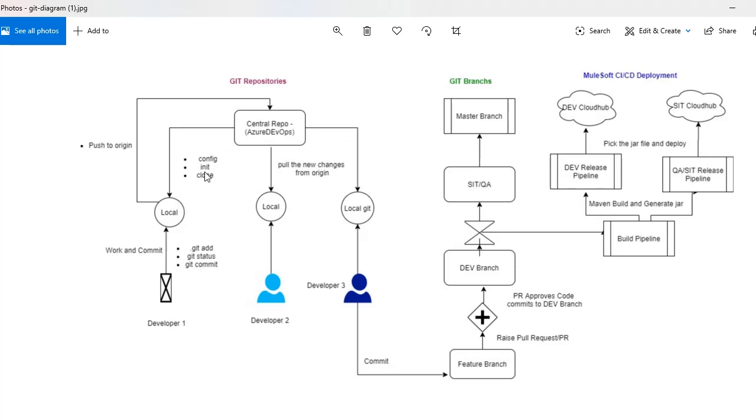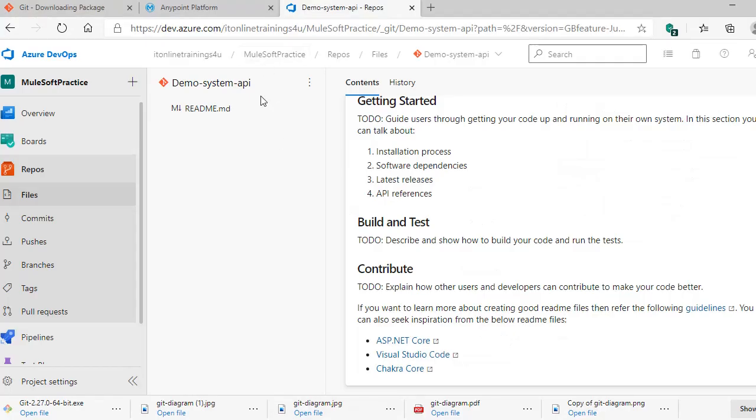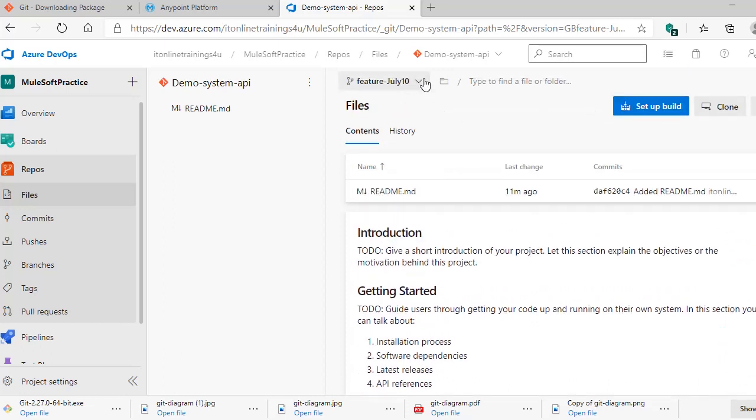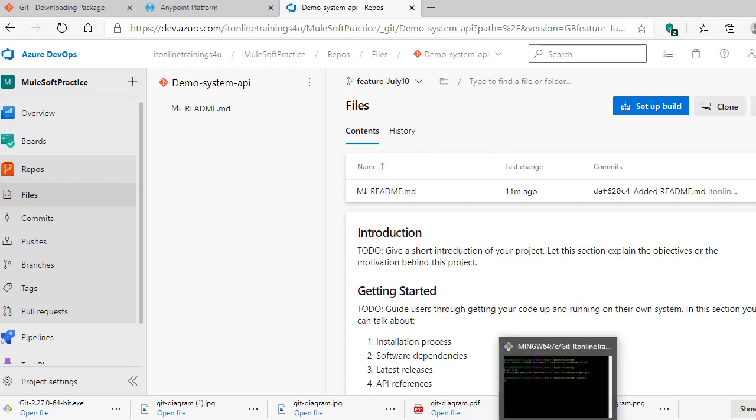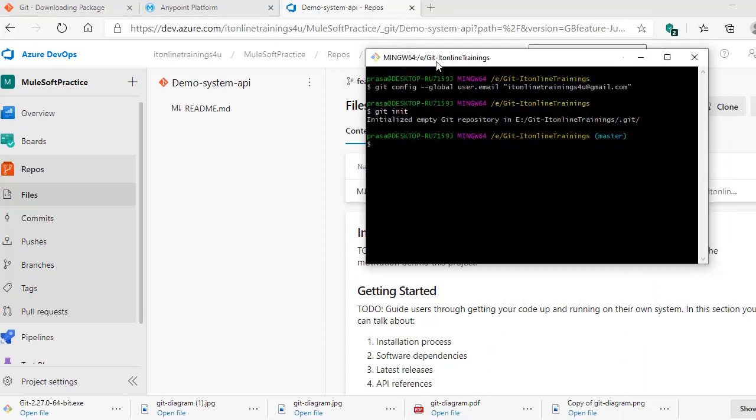Now the next step is we need to clone the central repository to our local repository. For now this feature branch is an empty directory and doesn't contain any files. In real time, we need to clone this branch to our local system to get this code.